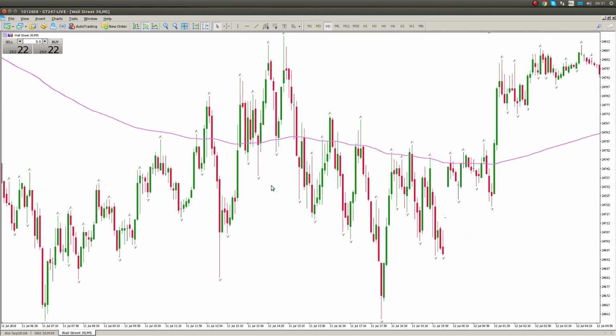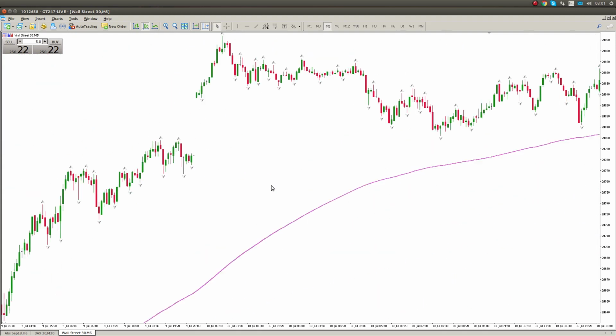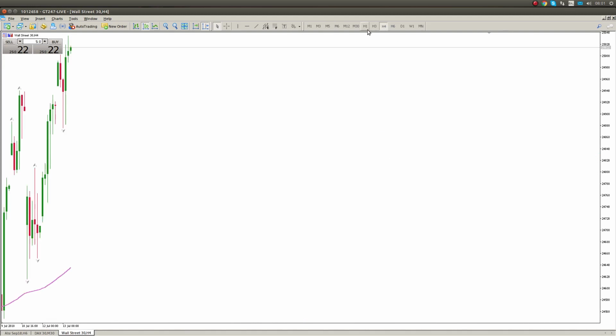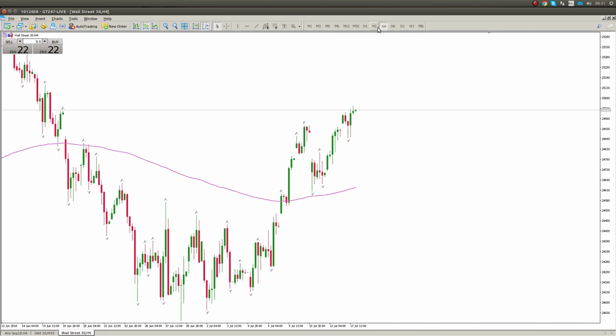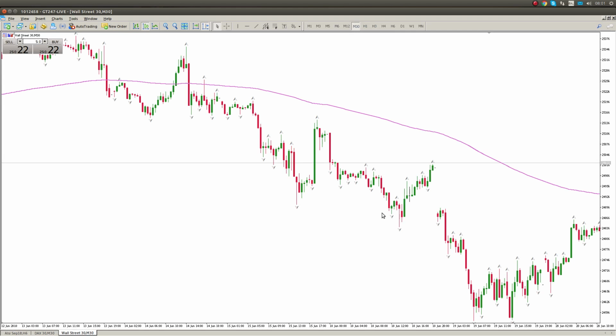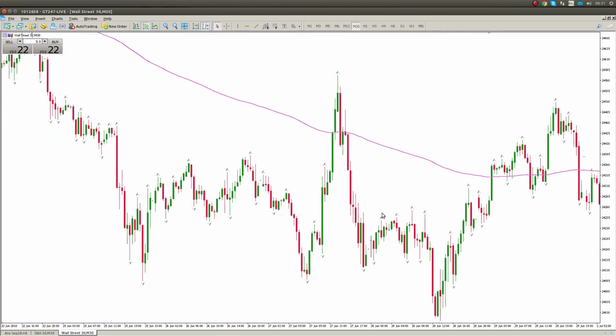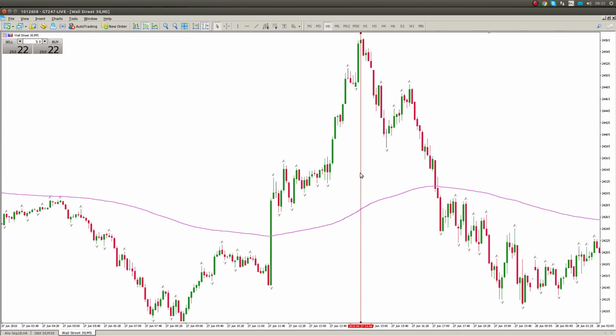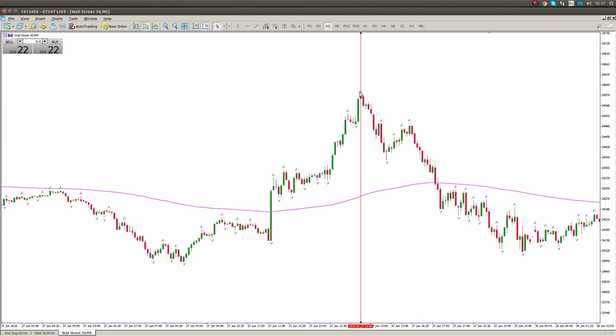I've gone down to the 5 minutes here. I think what we need to do is pick it up on the high time frame. So I'm going to go to the 30-minute, and you can see how we have multiple trends on the 30-minute. Now, if I break this down and put a line in there, and take us down to the 5-minute and find our line, there it is. You can see that I had an uptrend,